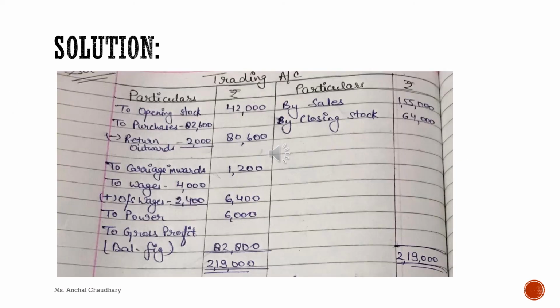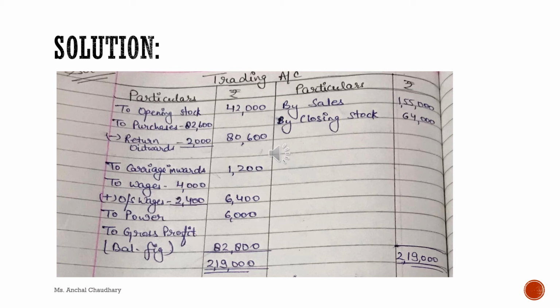So let's have a look at the solution. First, I made a trading account, and I made all the adjustments in the account. The first thing I did was make the adjustments in all three accounts. Then the remaining amounts I put down, like closing stock,